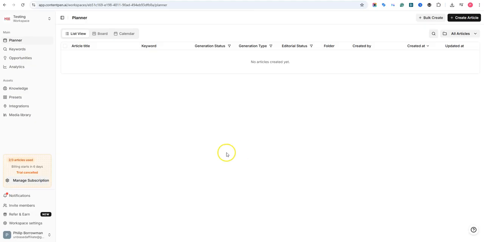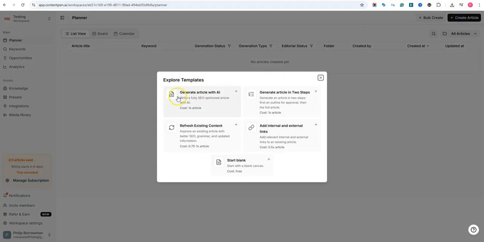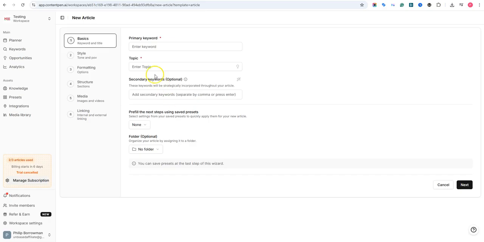Okay, so first of all, guys, let me show you how to create an article. Click here, create article, and you can choose between generate with AI, or generate in 2 steps where you first approve the outline and so on, and you can see the other options here as well. For this example, I'll just go here, generate with AI. Here I'll pop in my keyword,